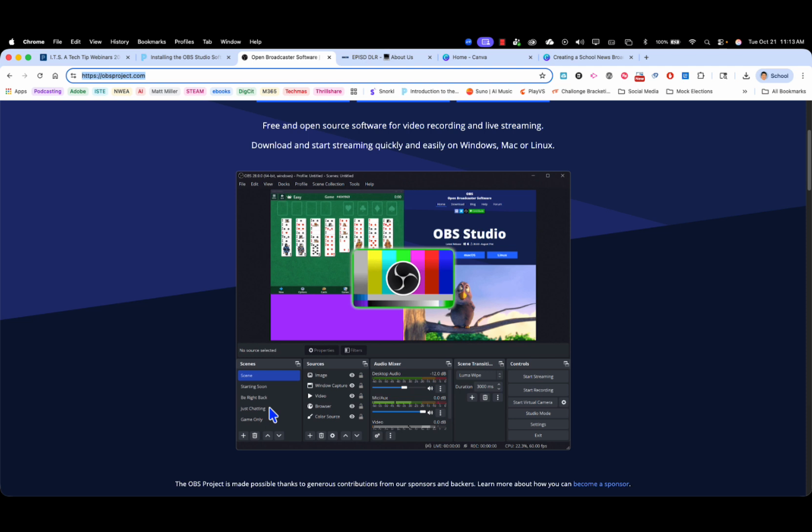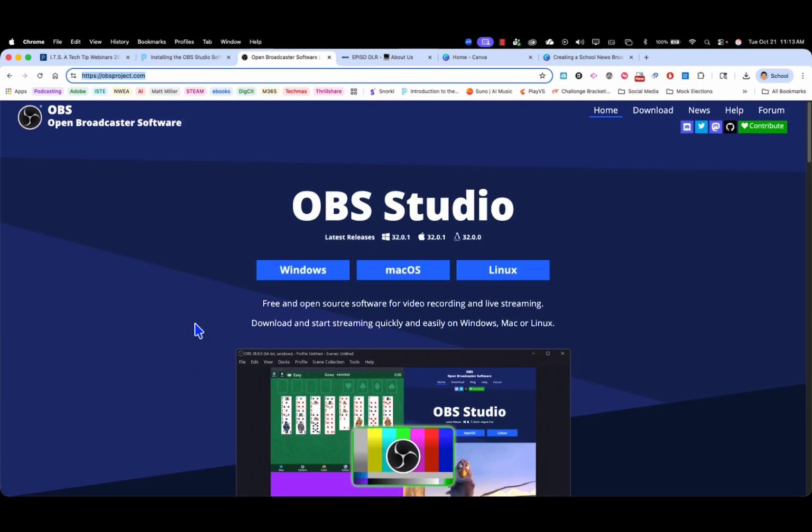So it's a pretty sophisticated and free program that you can install on the machine that you will be using for your broadcast, whether that's a Windows device or a MacBook. You will not be able to install it on a Chromebook because there's no space on our district issued Chromebooks to do that. So to begin, you're going to go to their website,